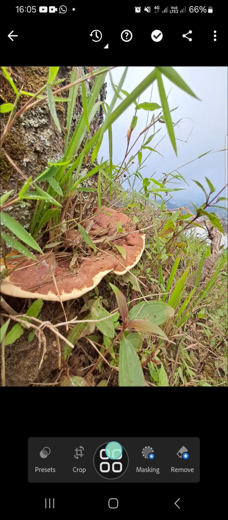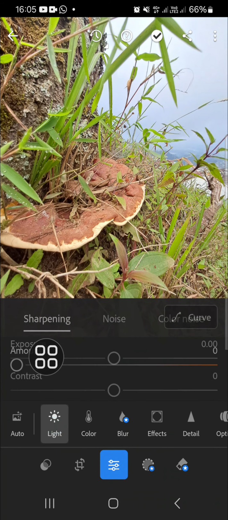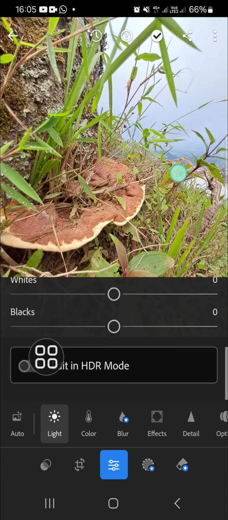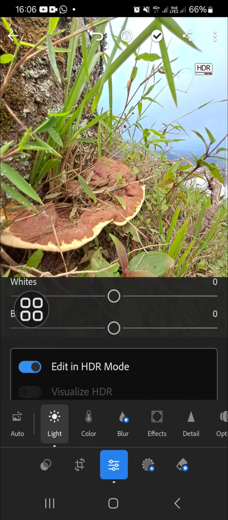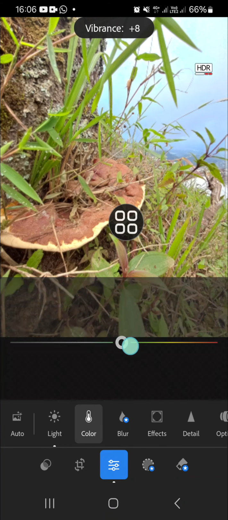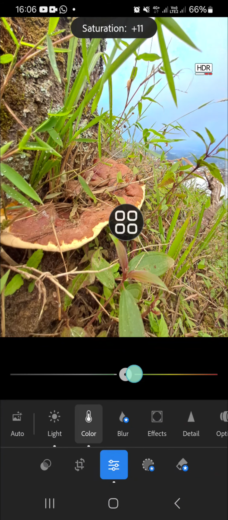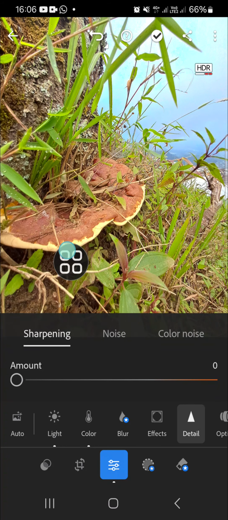Okay, first of all, we need to go to the editing tools right here, and we're going to go to the light, and I'm going to activate the HDR mode. I'm going to click on this toggle button to activate it, and then I'm going to go to the color and adjust the vibrance and the saturation. Okay, just like this. You can increase it a little bit, then go to the detail, and I'm going to